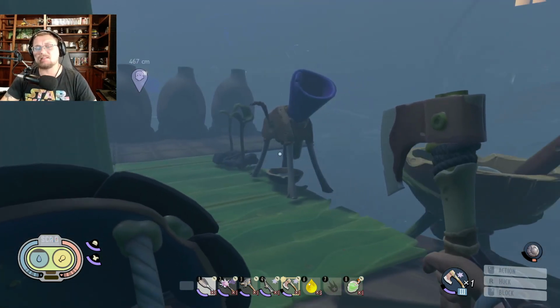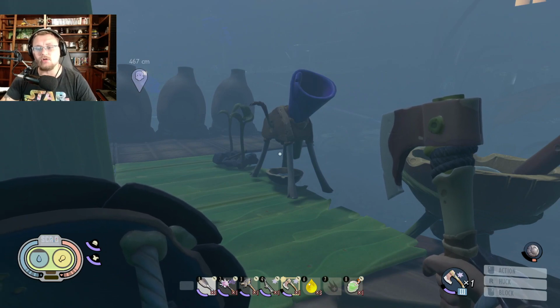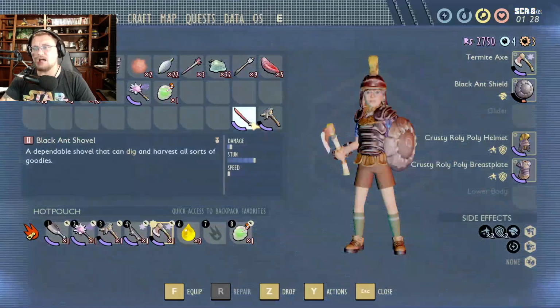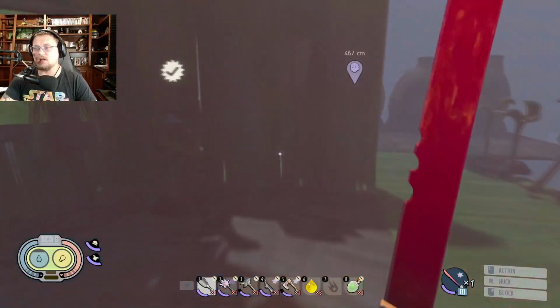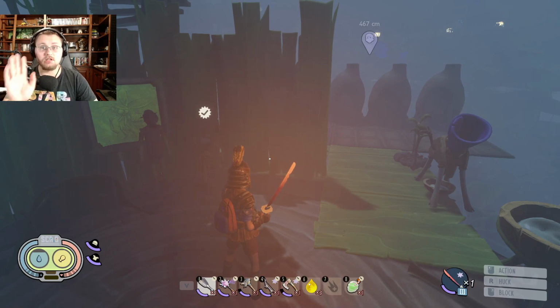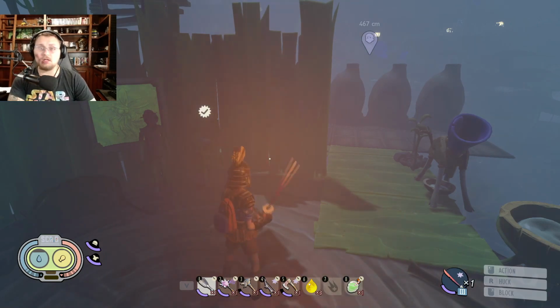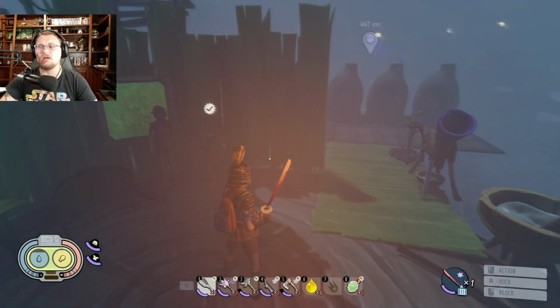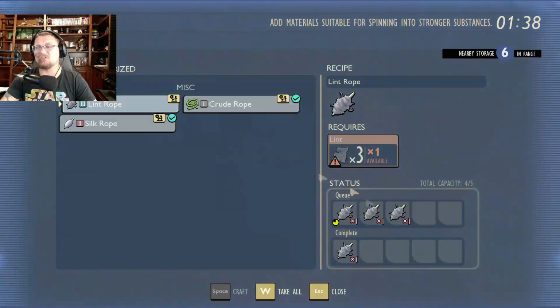But let's hop in and talk about a couple of things that I really like in the new update. So the first thing that I super duper love about this new update, guys, is this Coltana. I love this Coltana for a couple reasons. One, it gets rid of the reason to need to go and make any sort of other weapon. I don't need to make another antlion greatsword because now I have a Coltana. I don't need to make any other spicy weapon because I have a Coltana. This weapon is awesome, does exactly what it needs to do, and on top of that, it's also a freaking